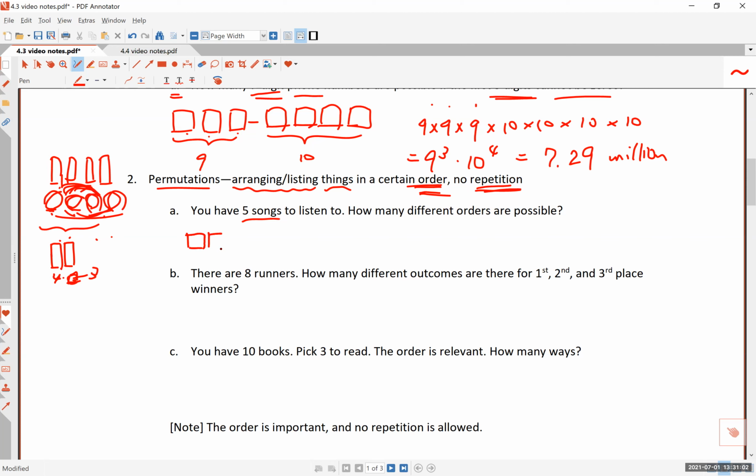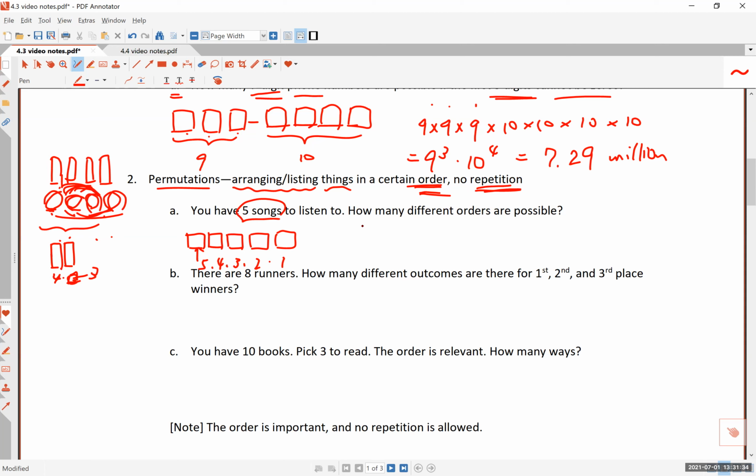Again, you can visualize it by just drawing 5 boxes, right? And you have 5 songs to choose from for the first one. And once you choose that one song, how many songs are left to choose from? It's 4, right? And once you choose the first 2 songs, there are only 3 left. And once 3 are chosen, there are only 2 left. And of course, there's only 1 song left at the end, and you have to choose that one as your